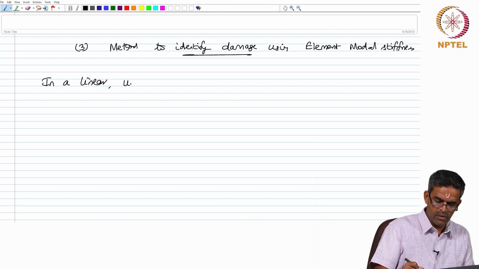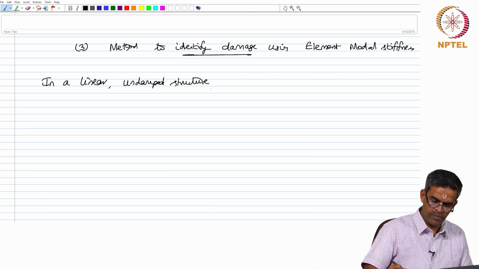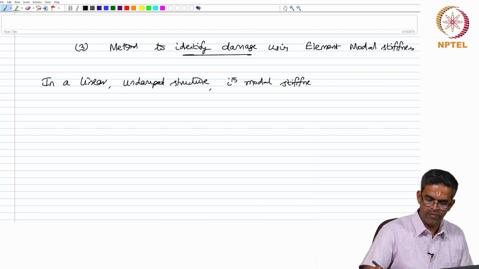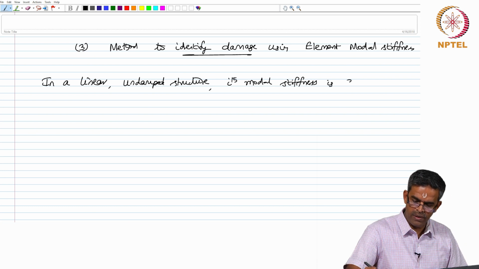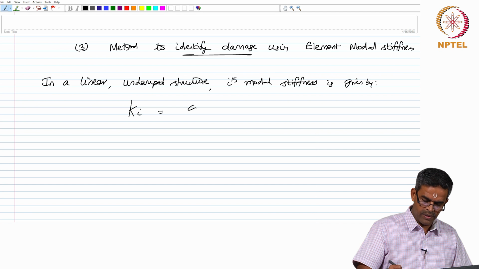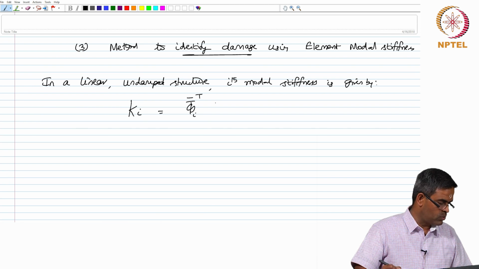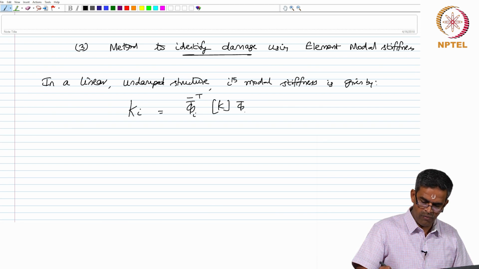In a linear undamped structure, ith modal stiffness is given by K_i is phi_i bar transpose K phi_i bar,